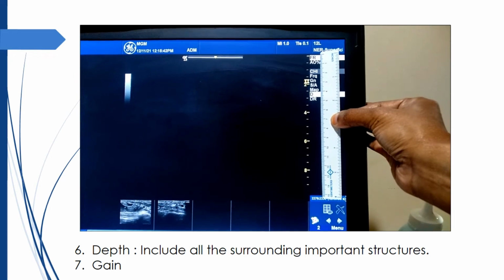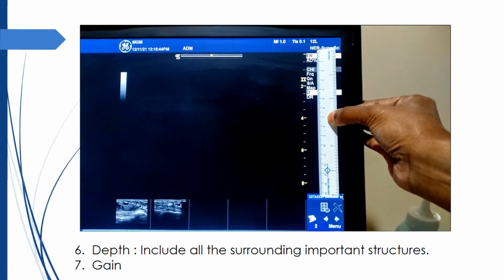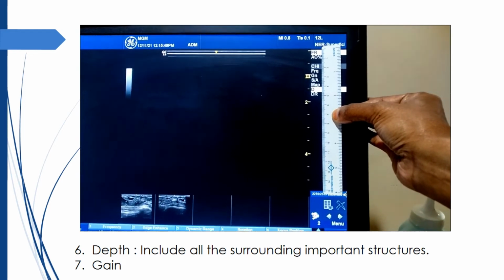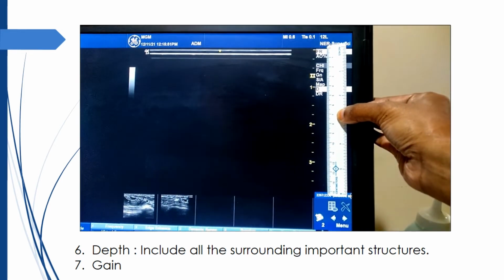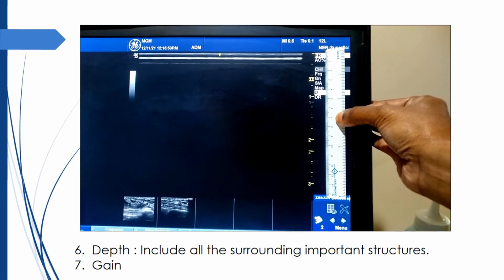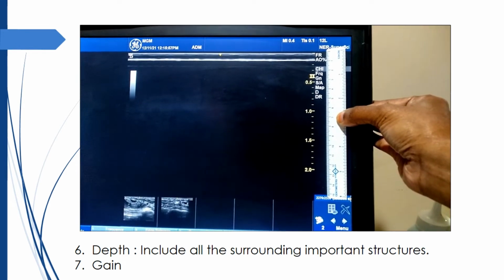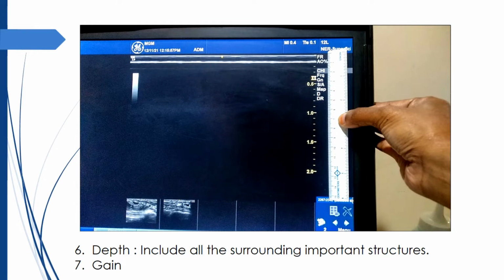Bear in mind that it is on the same 14 centimeter width of the screen that we are choosing to represent something that is just 2 centimeter deep or something which is as deep as 15 centimeter and above. The scale of magnification and the footprint of the image changes with the depth we select. The depth of nerves and plexus varies with age, ranging from a few millimeter in a neonate to something like a few centimeters in a child who is 10 years and above. Hence, the equipment we use should be able to adjust to these variations.